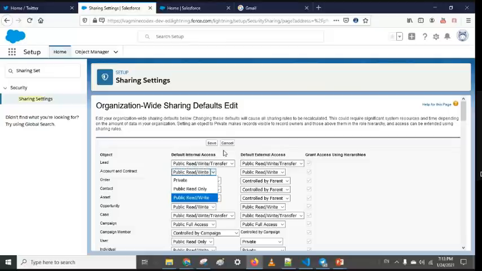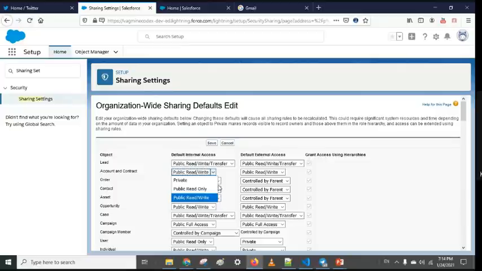After that, you should create a permission set where you implement all those settings, like whatever object access you should give using the permission set. For example, if you don't want to give access to one of the users, just don't assign that permission set, or you can create different permission sets for different users, and give them based on the access you want to give.